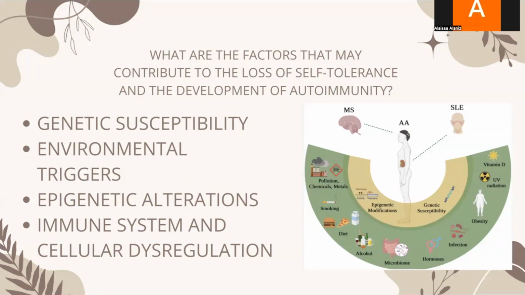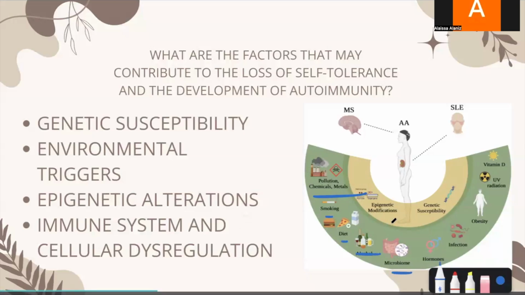Autoimmunity occurs when the immune system loses its ability to distinguish between the body's own cells and foreign substances, causing it to attack self-antigens. Several factors can contribute to this loss of self-tolerance. Genetic susceptibility means certain genes can make an individual more likely to develop autoimmune diseases. There are also environmental triggers such as infection, smoking, diet, pollution, and UV exposure, which is all here: pollution, chemicals, smoking, diet, alcohol,